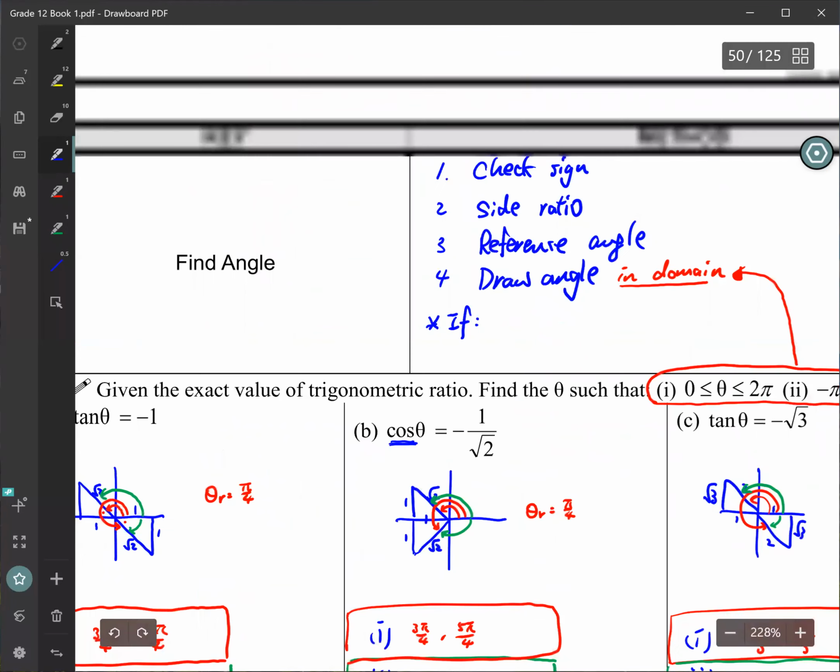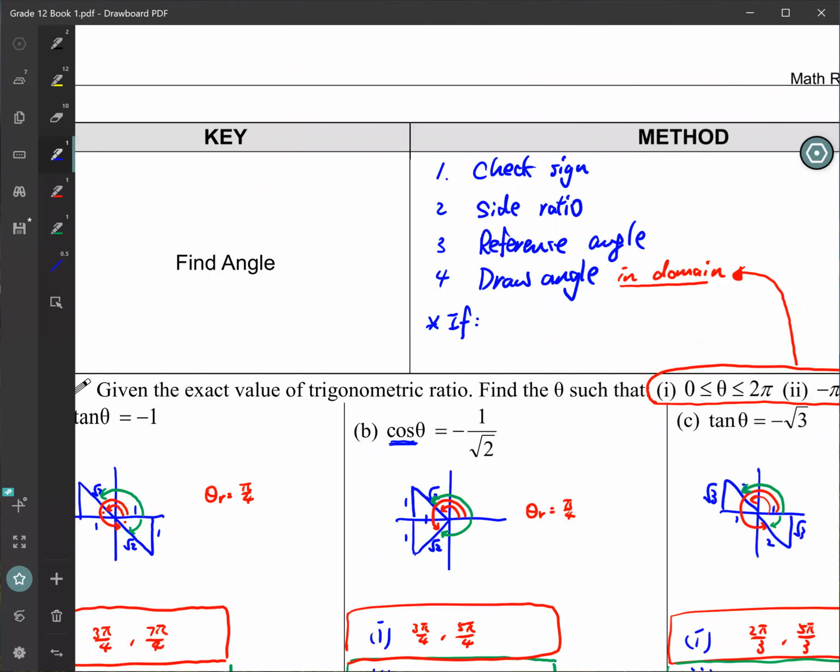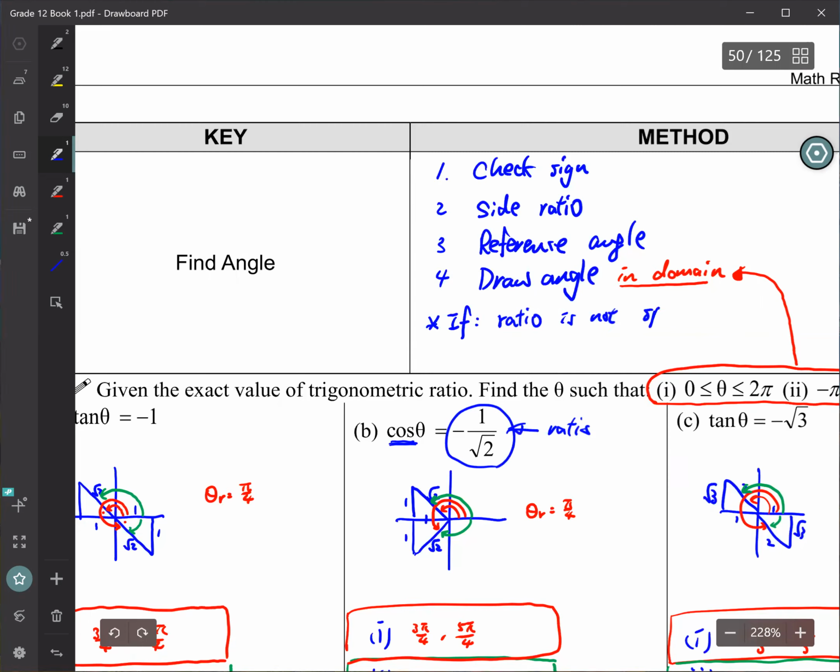If the ratios, the side ratios, are not special, meaning it's not 1, root 2, not square root 3, 1, 2, not those ones, then